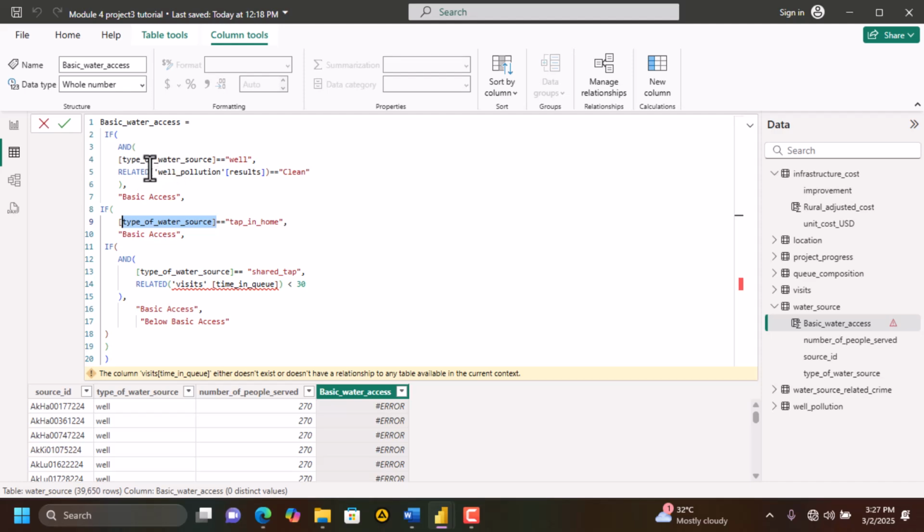So we already know that in the visit table there are repeated IDs. So it means one source can have different queuing times. So if one source is repeating, we can take all its times in queue together and find the average. So for us to achieve that, I think we have to go to